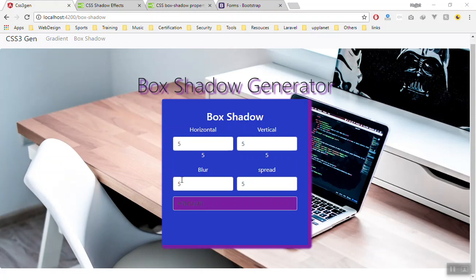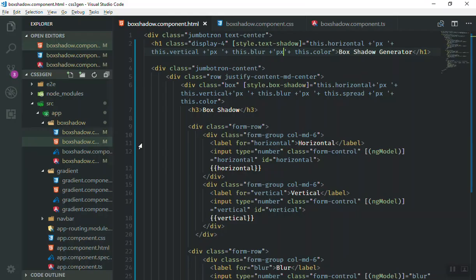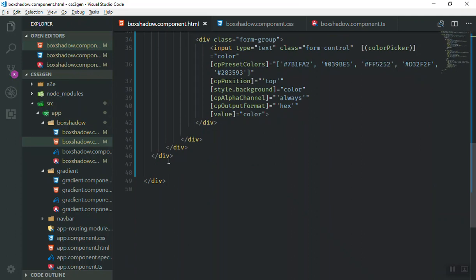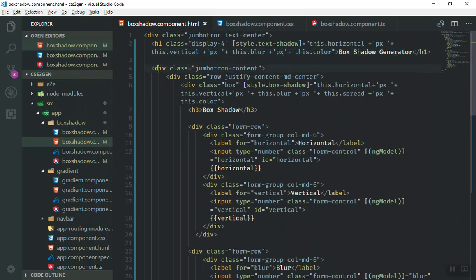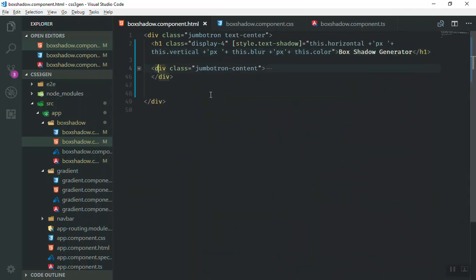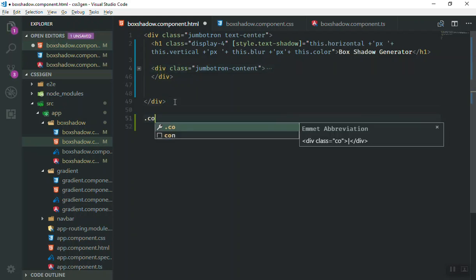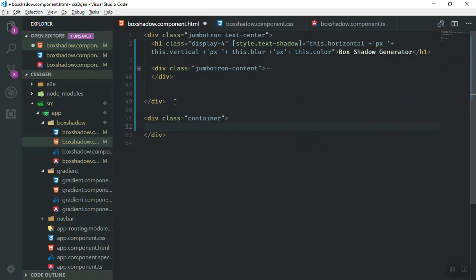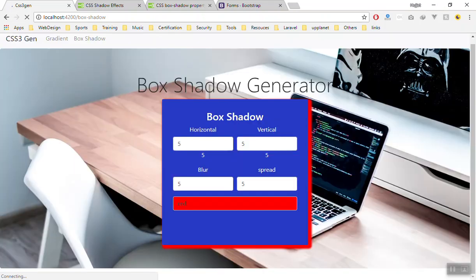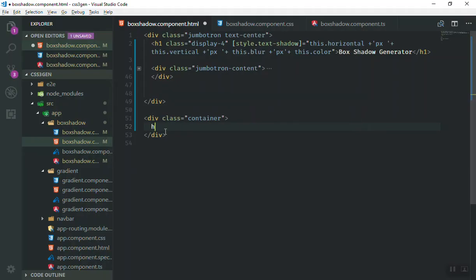So let's populate our code here under the box shadow to see what we can display. As you can see, this is Jumbotron. After this one finishes, down there we will use the container. So if I come and see, okay, just fine. We'll use the h3 and say your